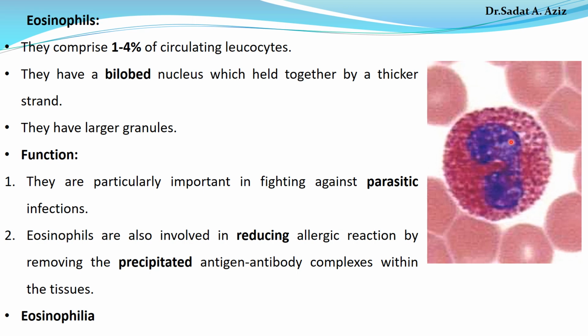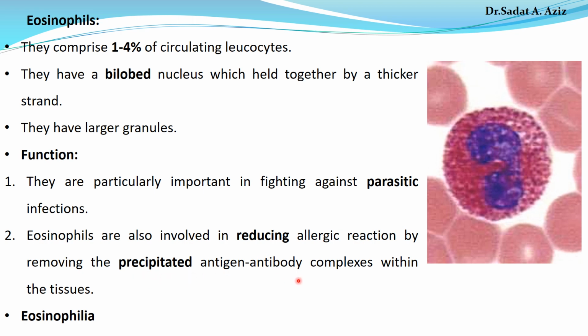So the neutrophils are particularly important in fighting against parasitic infection. So when there is an increase in the number of eosinophil, it might indicate a parasitic infection. So the first one is they are important in fighting against a parasitic infection. And eosinophil is also involved in reducing allergic reactions by removing